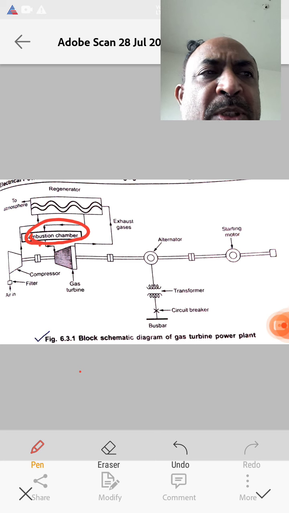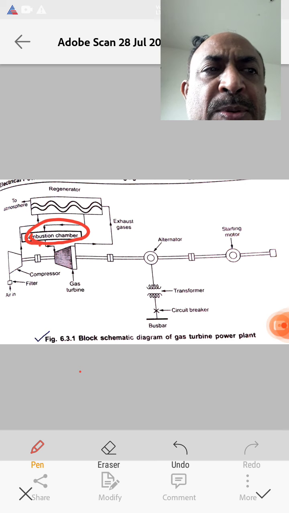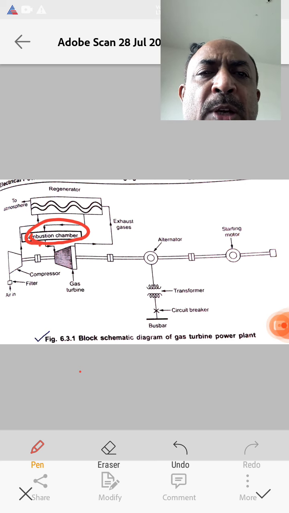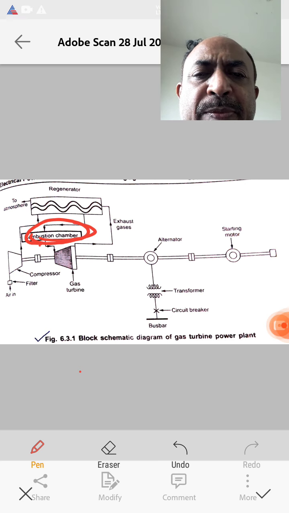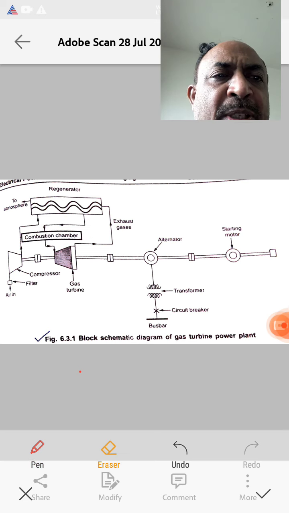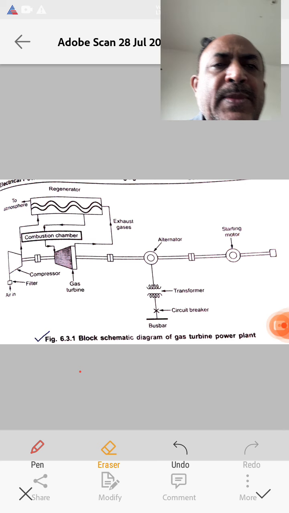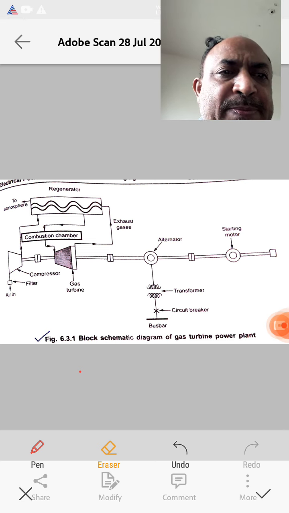Due to the absorption of heat, the regenerator improves plant efficiency by reducing the fuel for combustion. So, it reduces the fuel, and by that we are saving the cost.